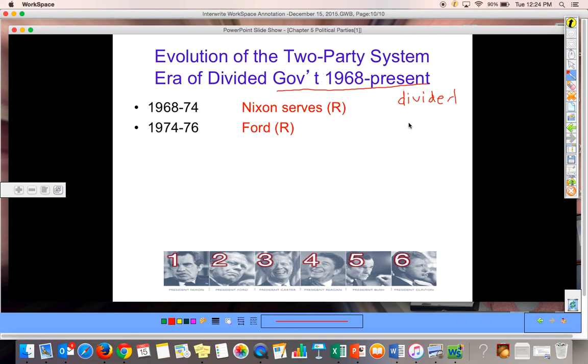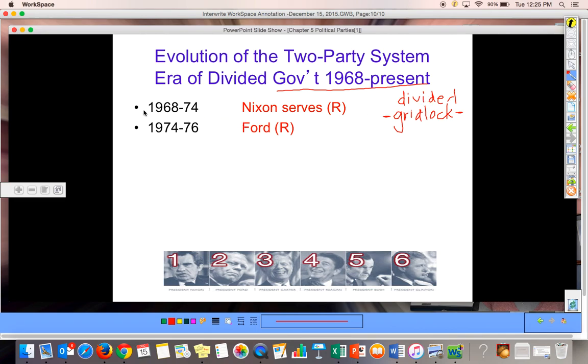So we do have more heightened partisanship during this time. That means if there's more partisanship, there's more fighting between the political parties and less gets done. And when less gets done and nobody can agree to compromise, it is known as gridlock. No laws get passed. There's very little action in the executive and the legislative branches.